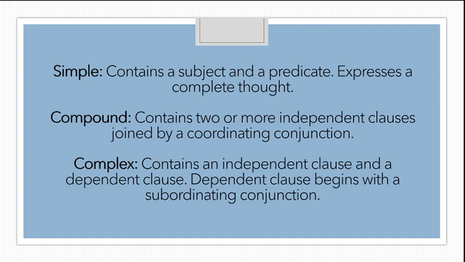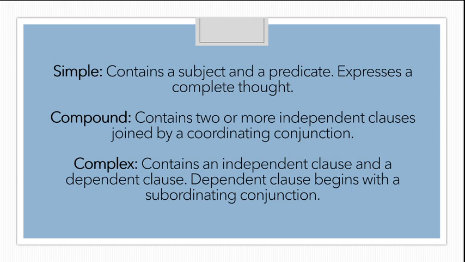Then we have the complex sentence, which contains an independent clause and a dependent clause. A dependent clause begins with a subordinating conjunction, which is different to the coordinating conjunction. I had provided a list of them before. Okay, so although, because, while, there are several. So for example,